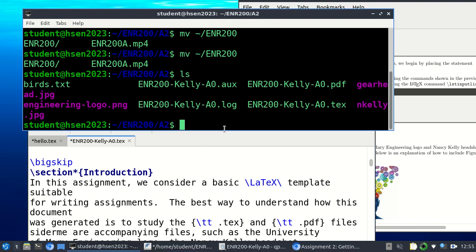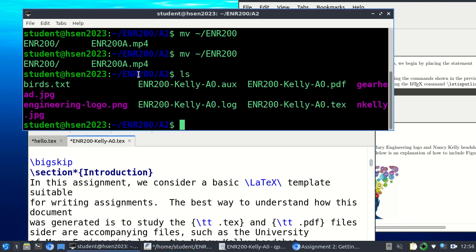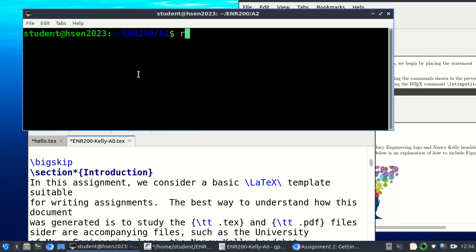Hang on a second. Okay. Just give me a second here. All right, let me go back up here. Clear. Okay, I'm going to remove my log and